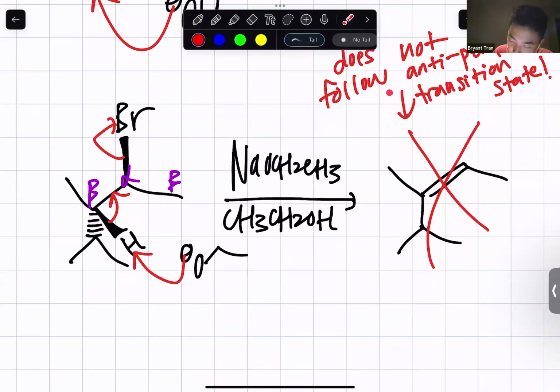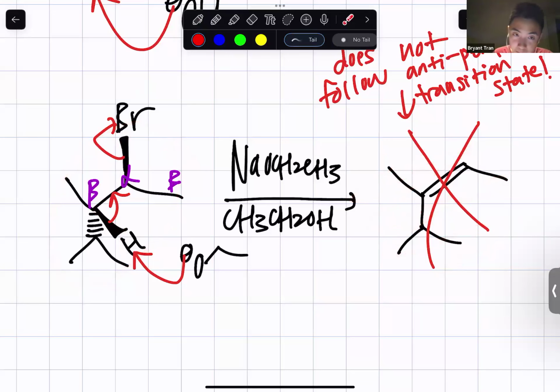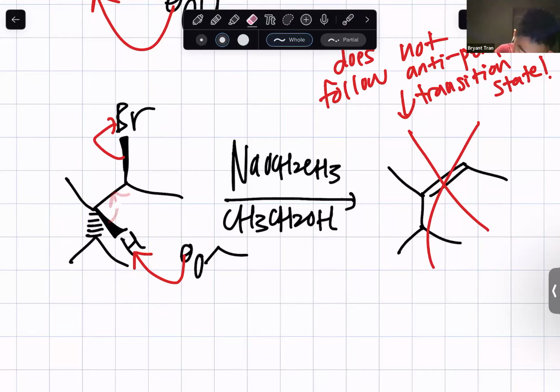What the anti-periplanar transition state is saying is that the beta proton being grabbed in an E2 reaction has to be anti to the good leaving group. It has to be opposite to the good leaving group. So in this case, the good leaving group is a wedge. We want the hydrogen here to be a dash for the mechanism, right? But right now it's a wedge, so if we do it as is, we're going to get the wrong product. But what we can do is rotate it in a way that would make the hydrogen a dash,